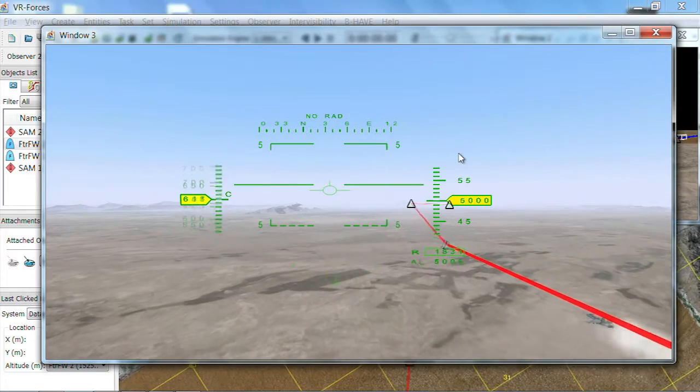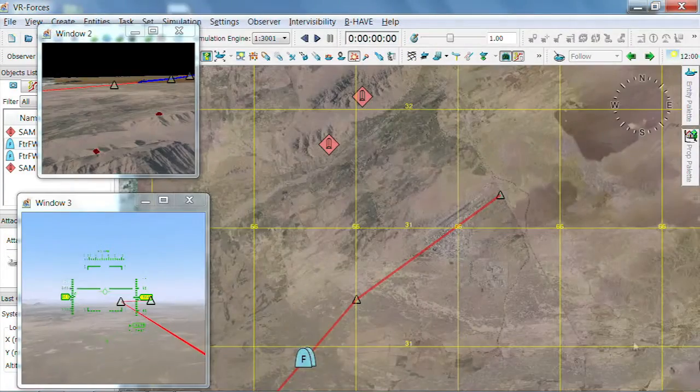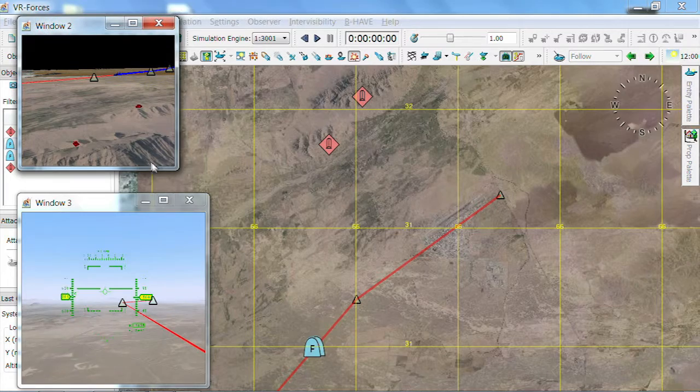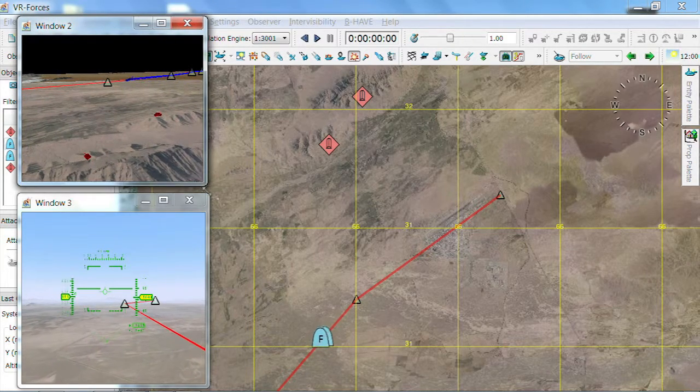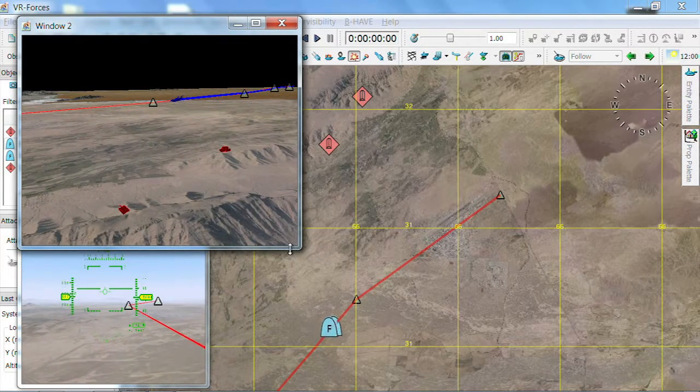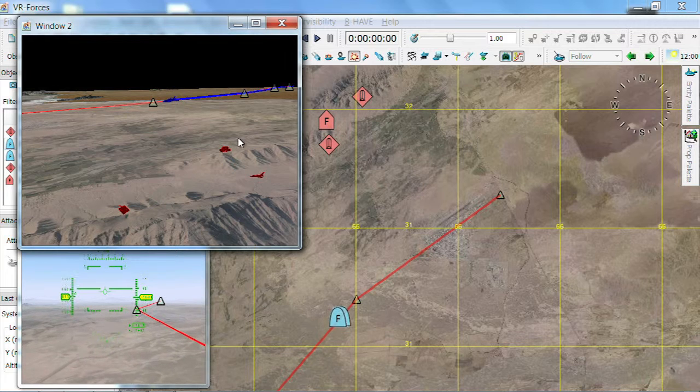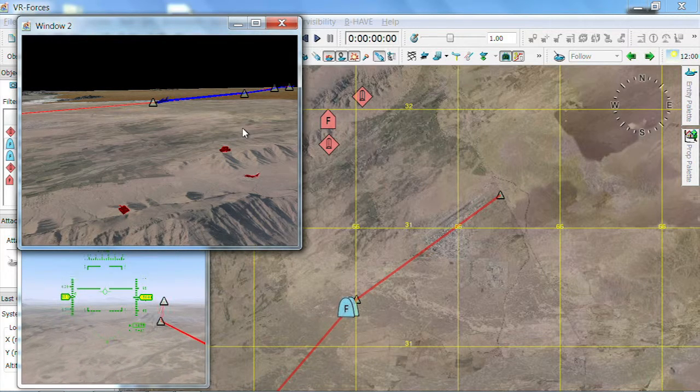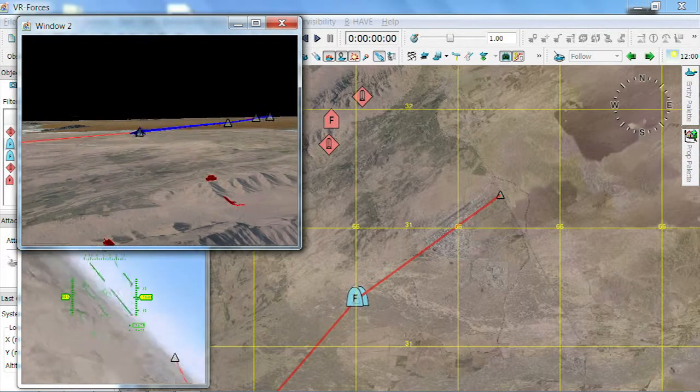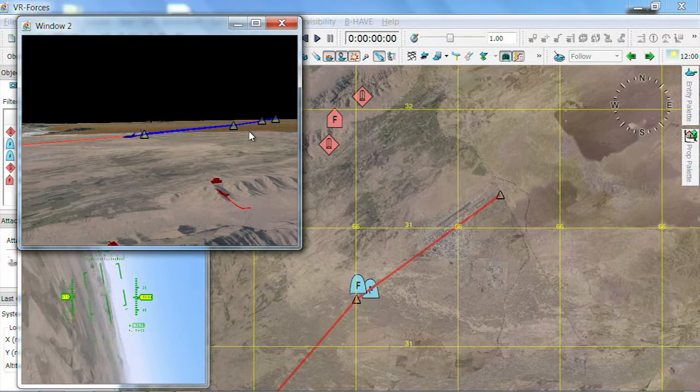Now the instructor's all set and the mission is underway. The pilot is so far flying smartly. The instructor, however, can choose to make things more difficult by dynamically changing the scenario. In this case, he adds an opposing fighter jet to intercept from the flank. The pilot veers off to engage the threat,